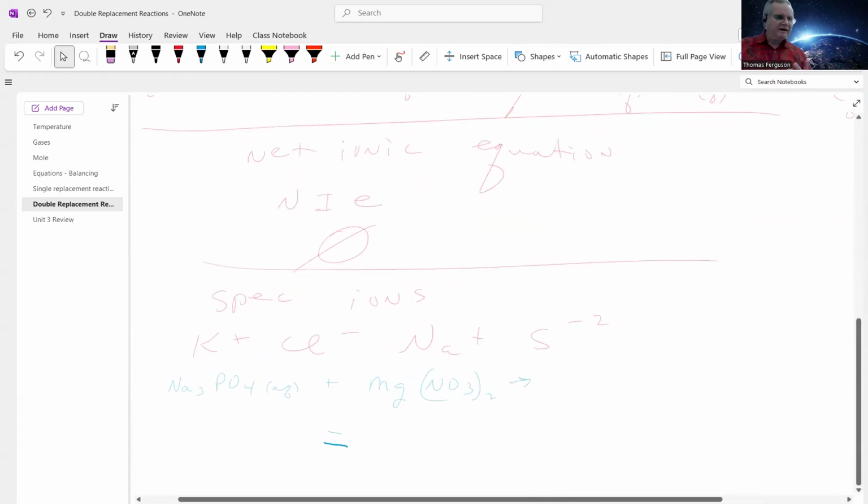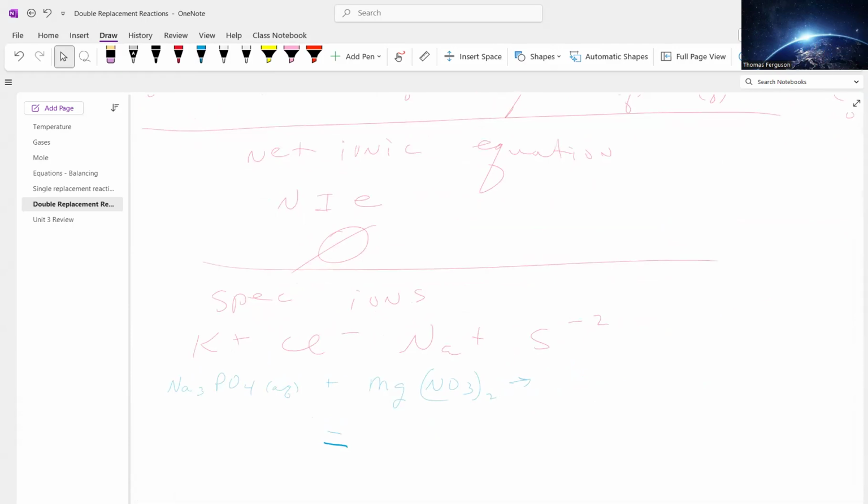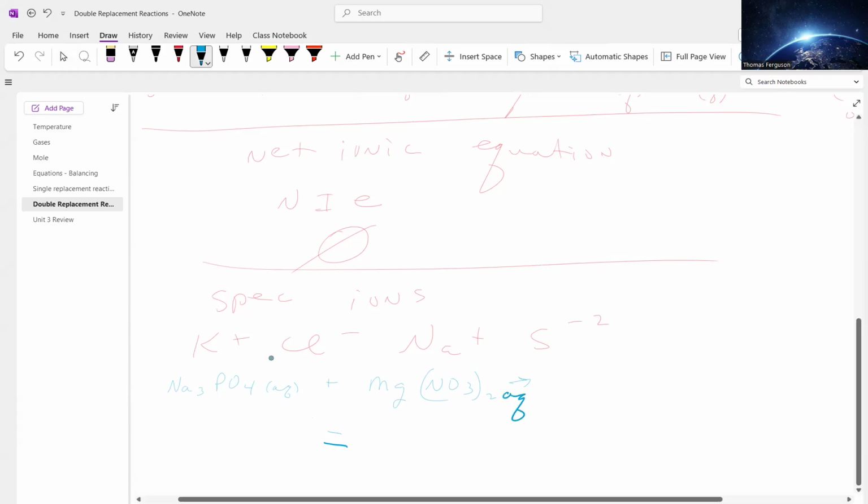Okay, so I've got sodium phosphate. Notice it's an Na3. The sodium is +1. Phosphate is a -3. I'm going to add that to a solution of magnesium nitrate. Nitrate's -1. Magnesium's +2. So we need 2 of these. Okay. And those are both aqueous. So when we have the new combination, we're going to end up with